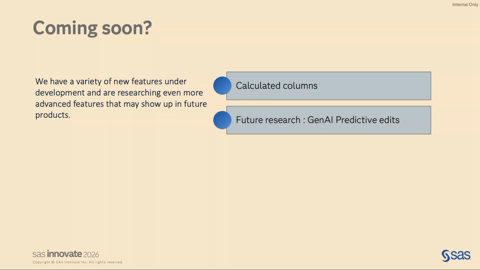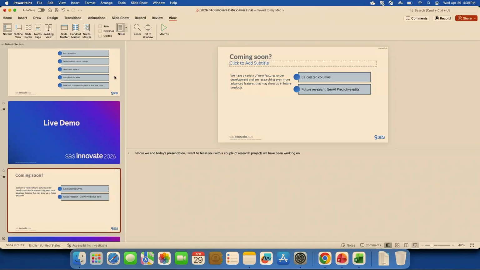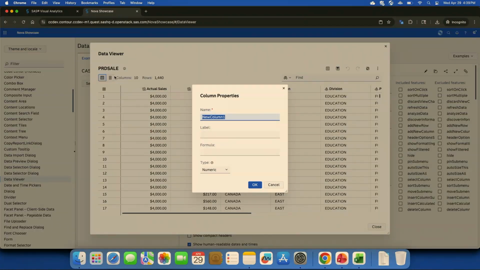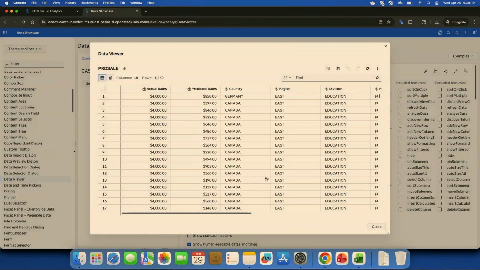So we've got the Data Viewer here and standard PRD sale. I'm going to add a new calculated column to the right here. Let's go back and do that again.